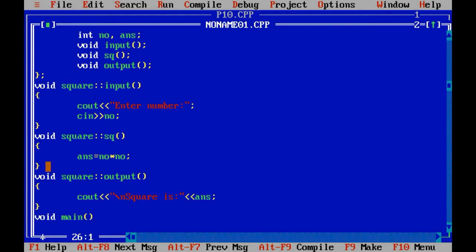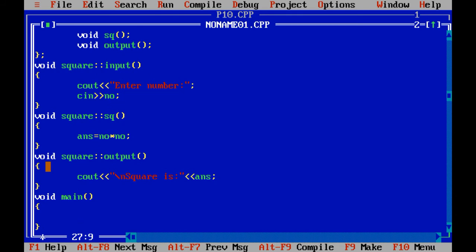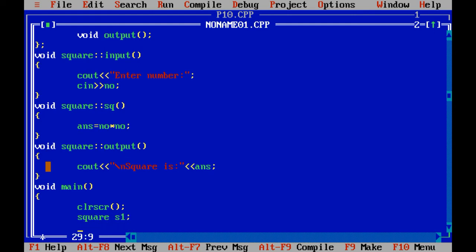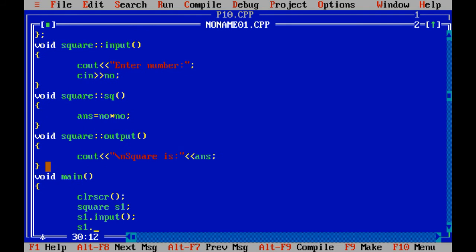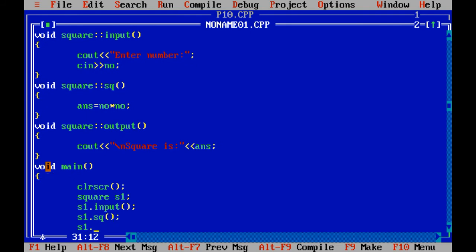Now let us develop the body of void main, clrscr and getch. Then we need to create the object of the square class, that is square s1, through which we can call the methods which are part of the class: s1.input, s1.sq and s1.output.